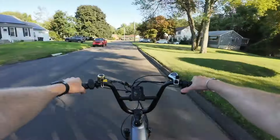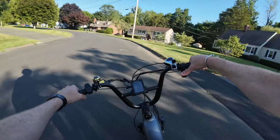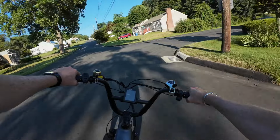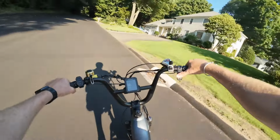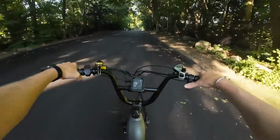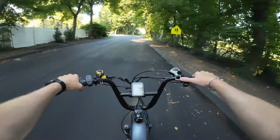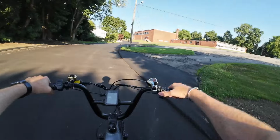But it is fun just throttling this bike in the seating position you're in. I just wish it had a little bit more speed. But it corners very well, thanks to that short wheelbase. Yeah, I wouldn't call it a great hill climber. It's okay, but nothing to write home about. You should be able to get some decent mileage on this thing with the 48 volt 20 amp hour. Probably, I would say, around 30 throttle only. So let's see, where can we go to wrap this up